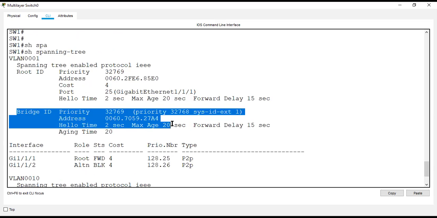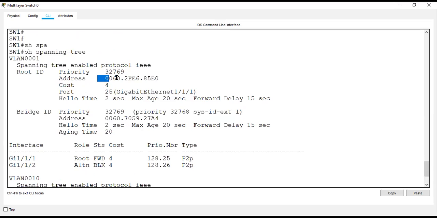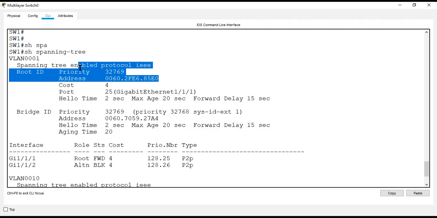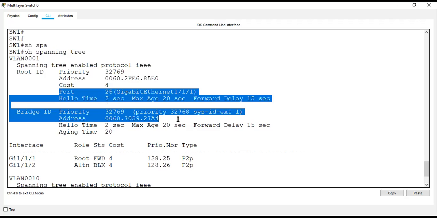Here you can see the same switch MAC address and the root bridge switch MAC address. You can see here 2F, and here we can see 7. So 2 is lower than 7. Therefore, the other switch became the root bridge.